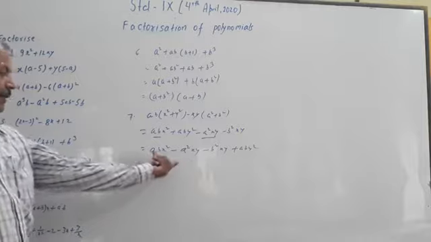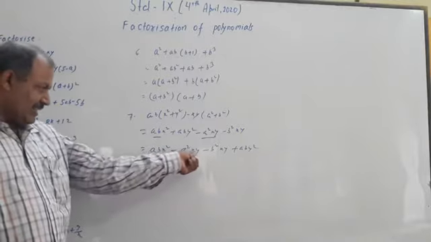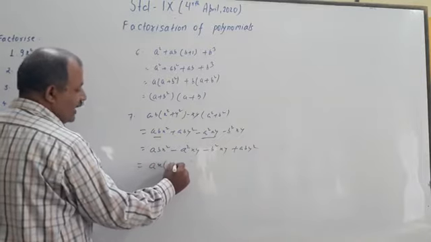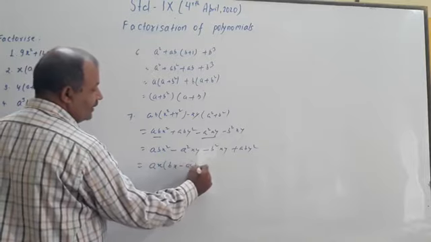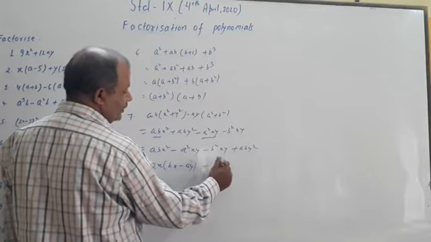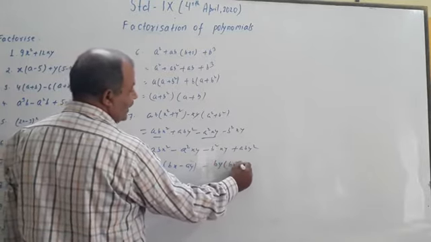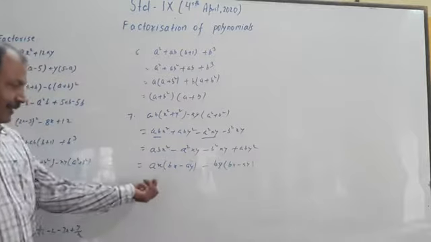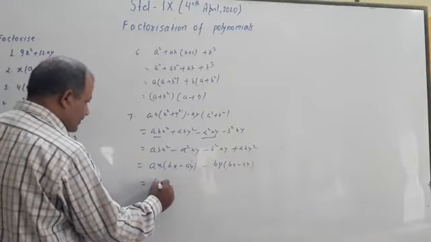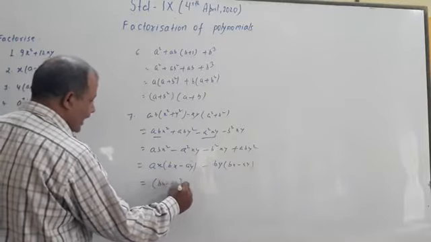When we consider the first two terms, we find ax as common. When we take ax as common, we have bx minus ay. Now we take by as common. Sorry. Then we will be left with bx minus ay. But we find bx minus ay is common in these two terms. Now we have to take bx minus ay as common, and we are left with ax minus by. These are the two factors into which this expression is factorized.